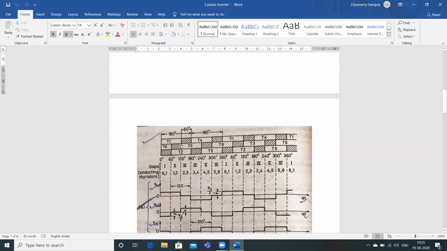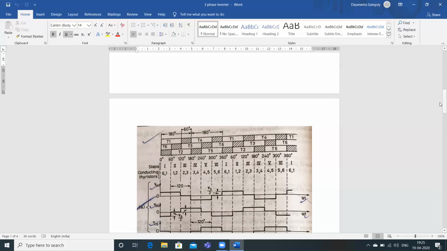Similarly, when T3 starts, then T6 will start 180 degrees after the starting position of T3, and after T6 again T3 will start, and each thyristor is conducting for only 120 degrees, and T2 starts from here. After 120 degrees of operation of T2, the rest 60 degrees is off, but T5 will start 180 degrees from the beginning of T2, 60, 60, 60. Then T5 will start again after 180 degrees, the half cycle of T5, then T2 will start. So this way this process will continue.